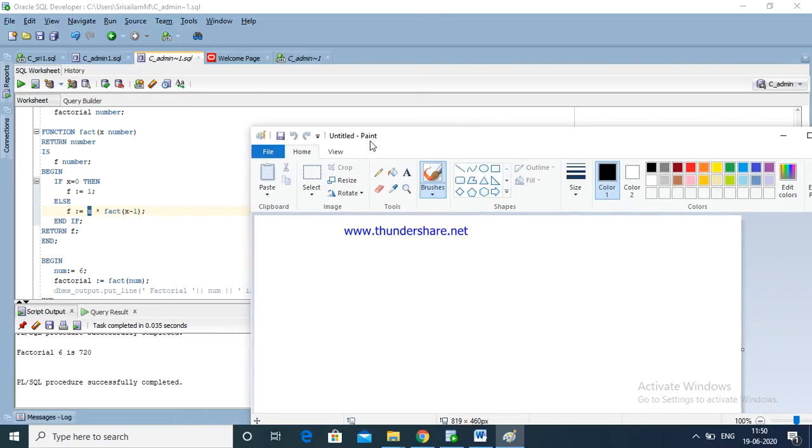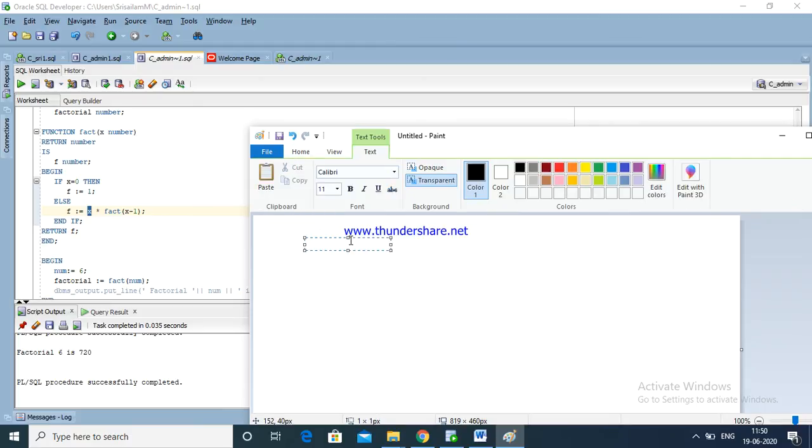First we are giving 6. Take a pen and write. First we are giving 6 star. Here 6 minus 1 we are giving 5, and this is assigned to f.